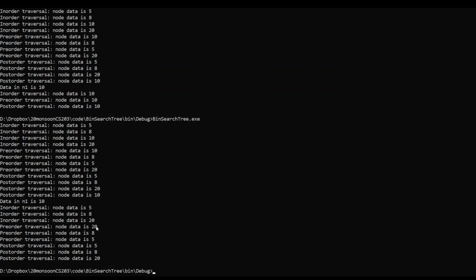Okay, but who is the left child? That we still have to find out. Okay, so 8 is the left child because in pre-order traversal after 20 comes the 8. Remember, pre-order traversal starts from the root and next is the left child of the root if it exists. Okay, and it exists, so the tree currently has root as 20, 8 as the left child of 20, and then 5 is the left child of 8. Okay, so our deletion of node with 2 children works fine.